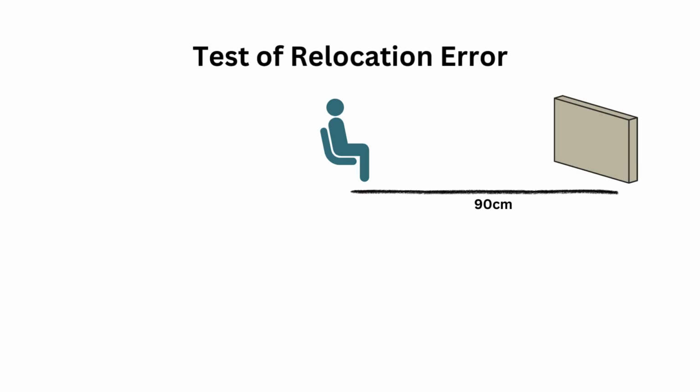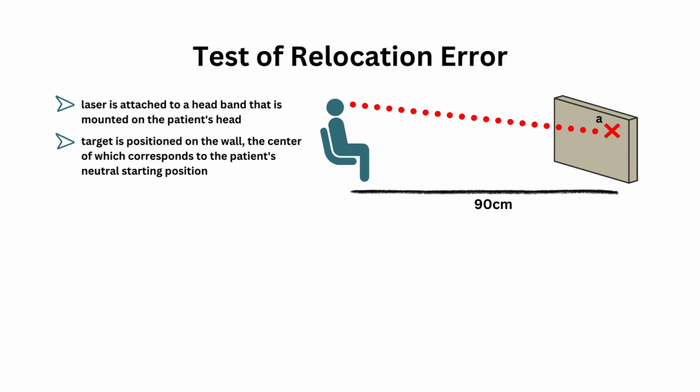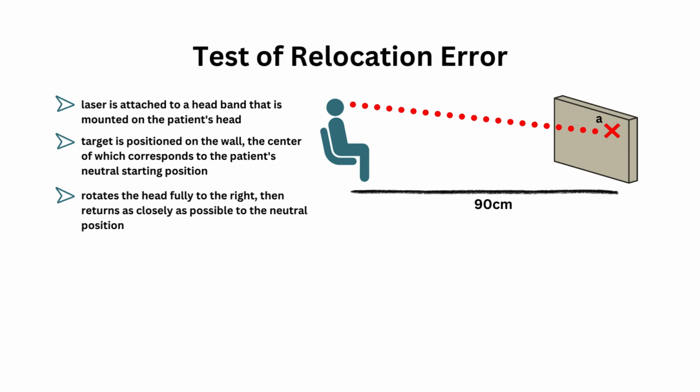The patient is seated on a chair positioned 90 cm from a wall with a pre-calibrated target attached to the wall. A laser is attached to a headband that is mounted on the patient's head. The target is positioned on the wall, the center of which corresponds to the patient's neutral sitting position. The patient closes his eyes, rotates the head fully to the right, then returns as closely as possible to the neutral